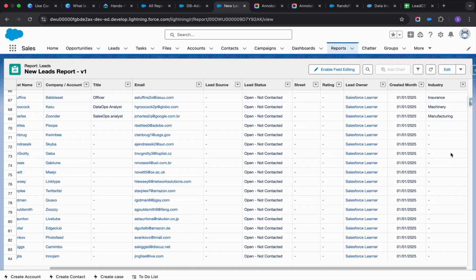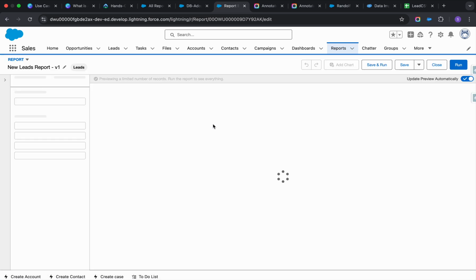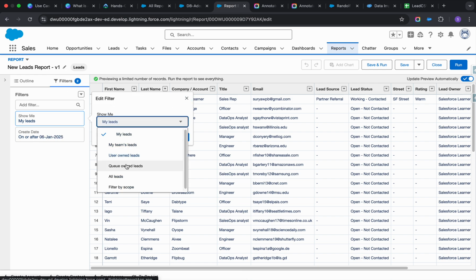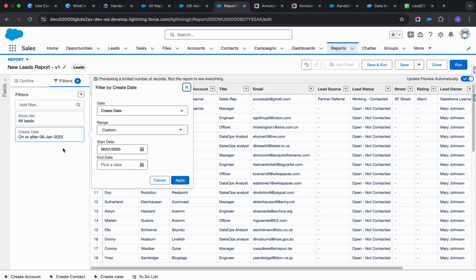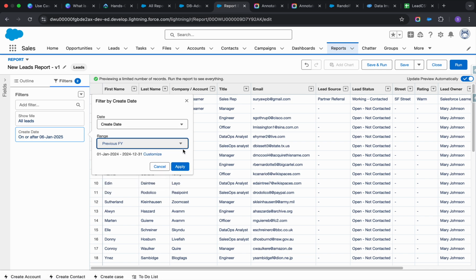So basically now what I wanted to do here is, let me click on here, edit, and now I can add filters. So now here I'm selecting all leads. So when you select all leads, right, you have visibility to all the leads in your org. And if I want to select the date here, so you can select it. I'm selecting previous FY,